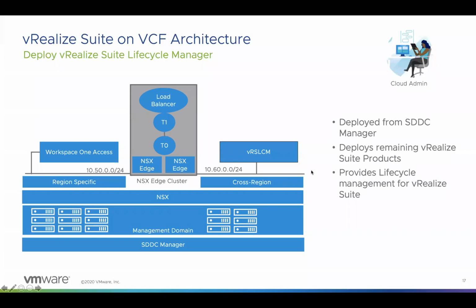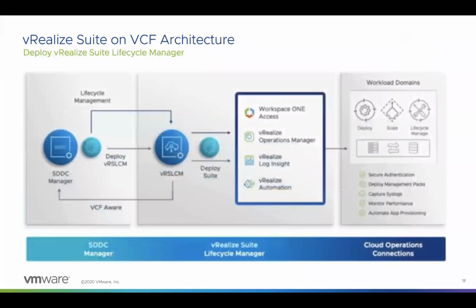From there we can connect, and then we can start deployment of the rest of the products, right? So whether the Workspace ONE, vROps, Log Insight, or vRA, and then vRNI, right? So that can be done. So the first component we deploy is the lifecycle manager. Now again, once we have deployed the lifecycle manager, then we need to have, as you can see here,